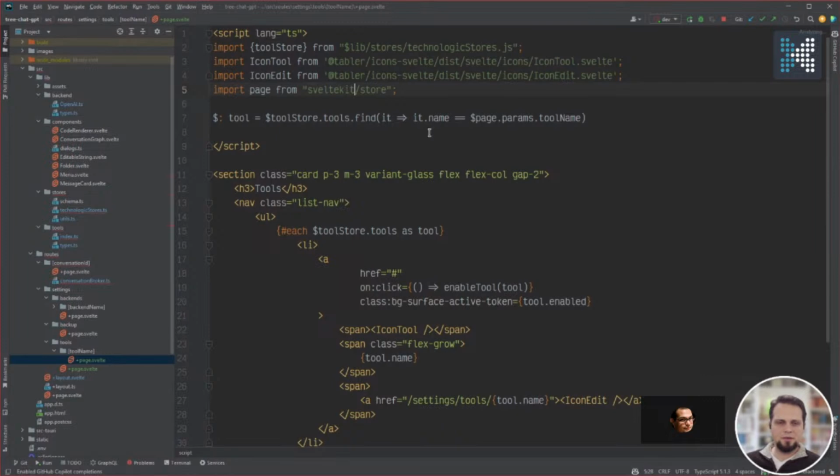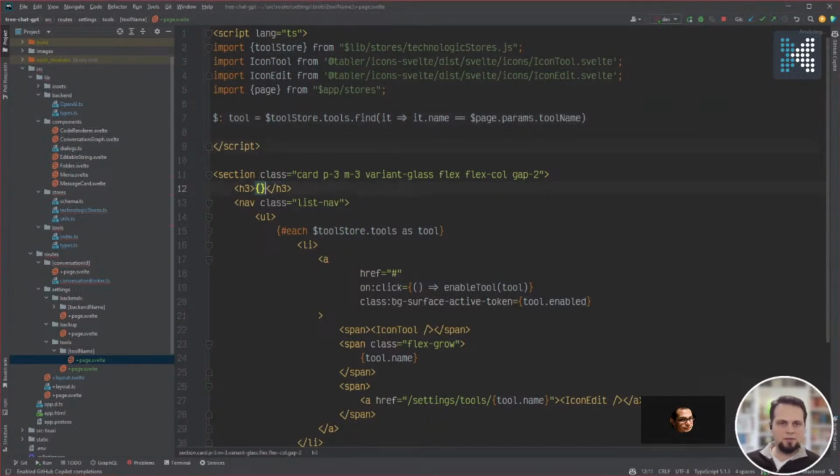That's what kit store. I don't remember. So, but it should be... yeah, that's why I don't remember. Import that from the app stores. And I should be able to, so with that,